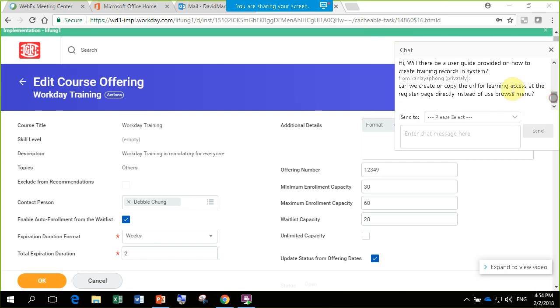So here's another question: can we create or copy the URL for learning access at the register page directly instead of using a browse menu? Sorry, I didn't get the point. Maybe someone can provide more information about your requirements. You mean